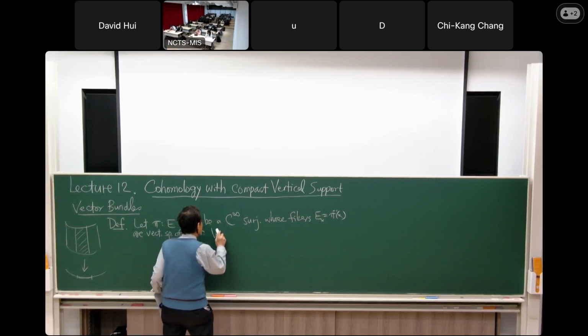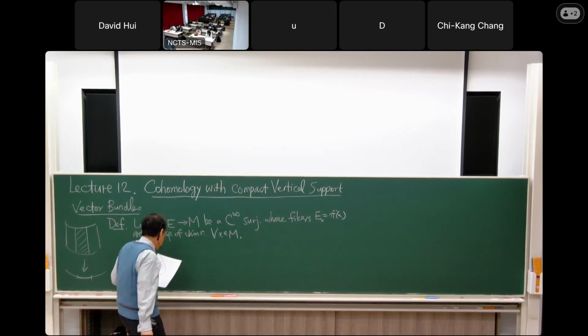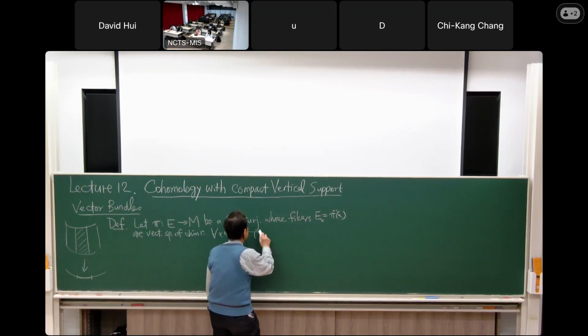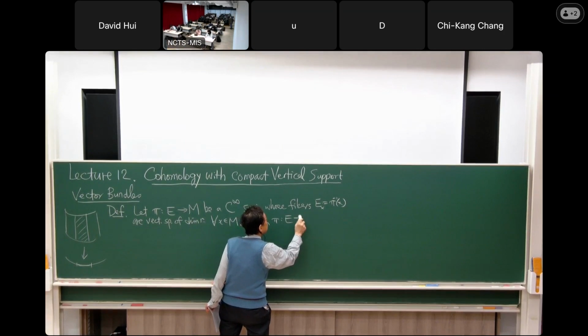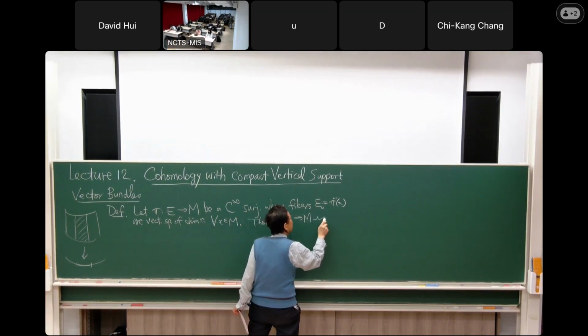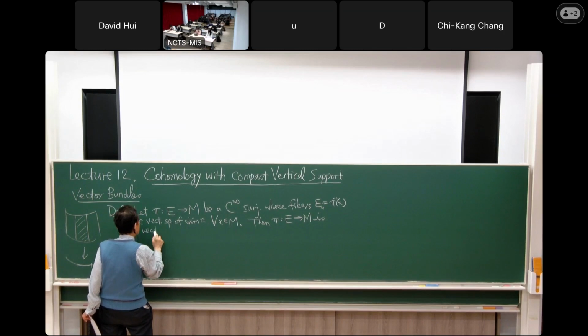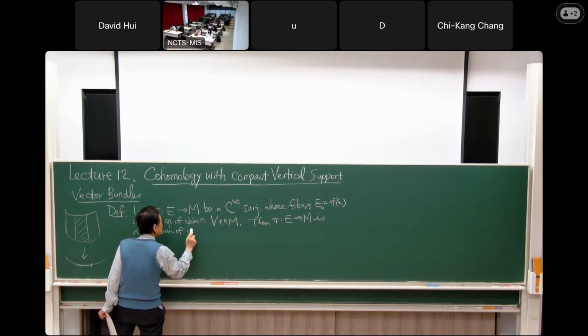So this is for all x in M. And then it is a vector bundle of rank r